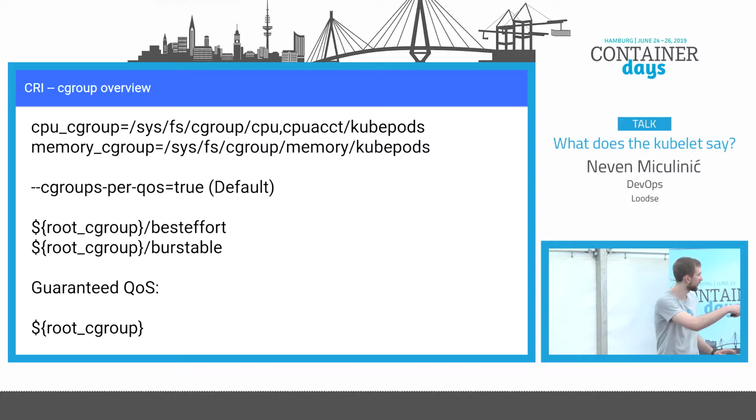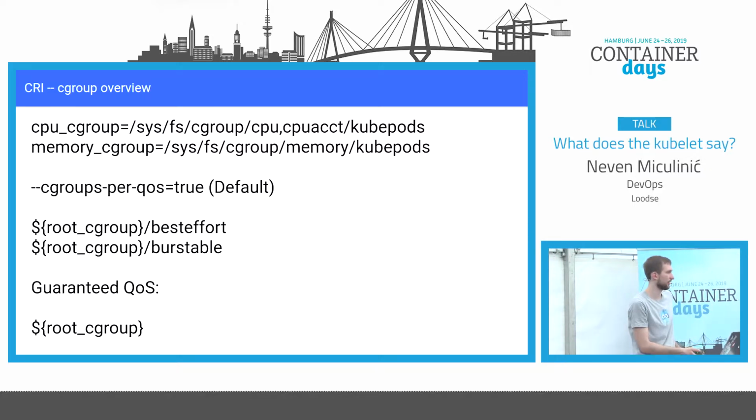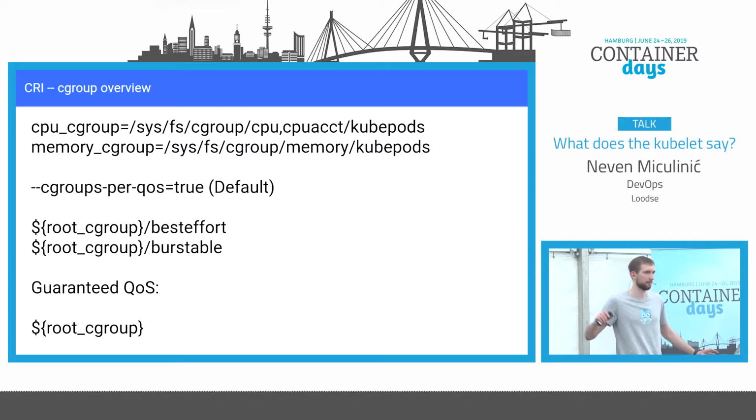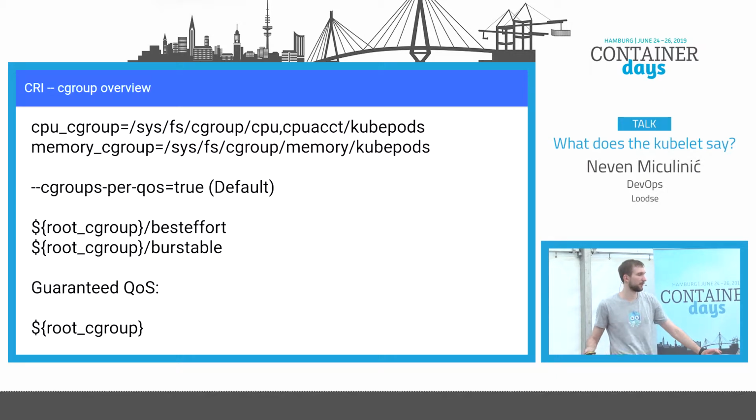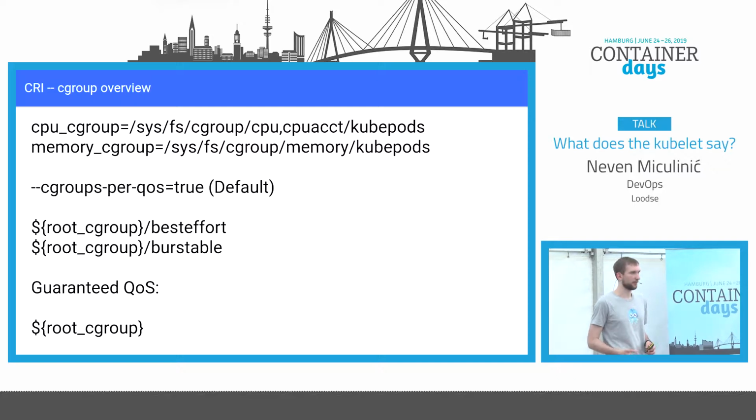So /sys/fs/cgroup, and then the name of the controller. So CPU controller, memory controller, cpuset controller, and then there are like 5 more. And under this path, for CPU, /sys/fs/cgroup/cpu/kubepods, will be all pods located which